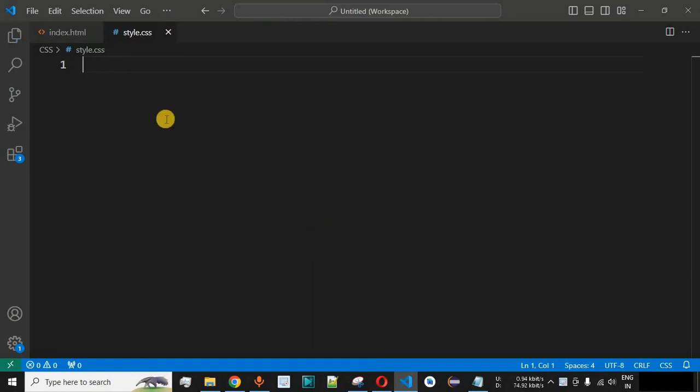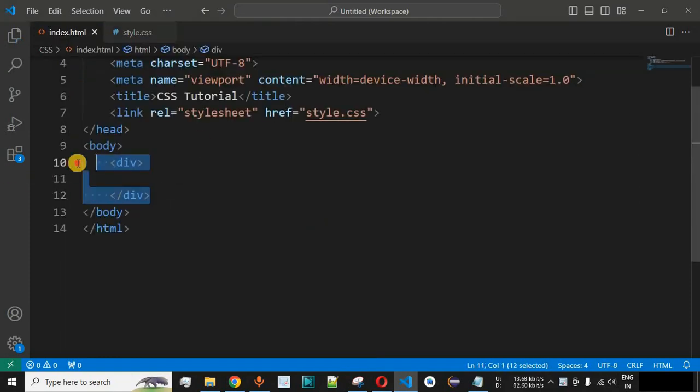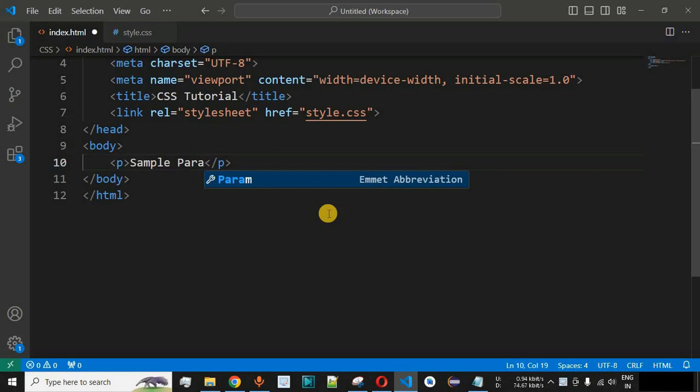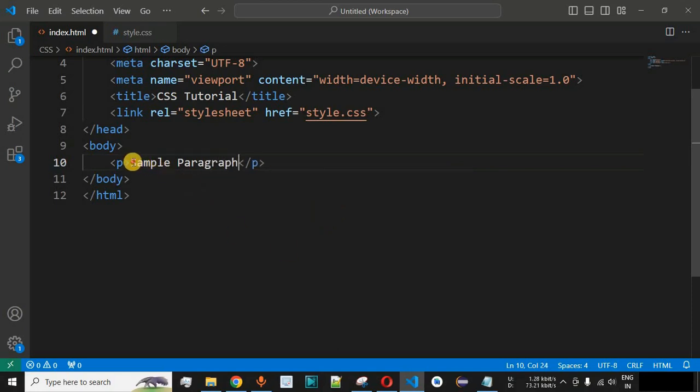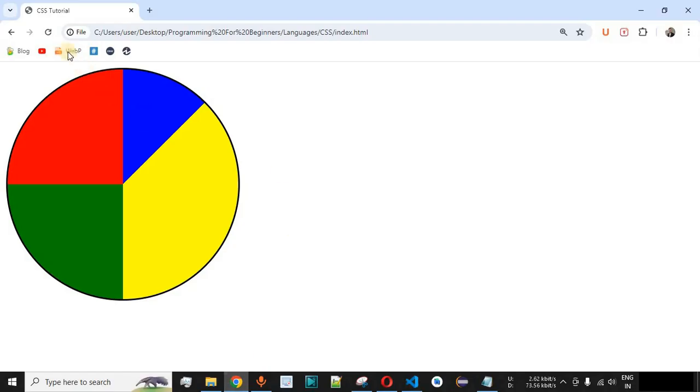So simply I am going to remove the previous lines of code that we have written in the HTML and the CSS file over here. Now guys, simply we are going to have the paragraph tag in this case, and simply we will say sample paragraph. So guys, over here we have the sample paragraph, that is the text getting displayed inside the paragraph tag. Let me just save this file now and try reloading this page on the browser. So as you can see, this is the sample paragraph text getting displayed.